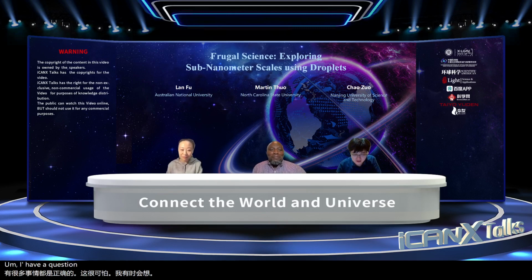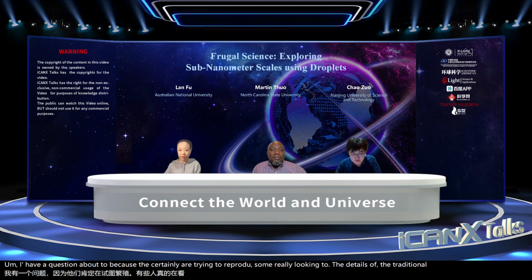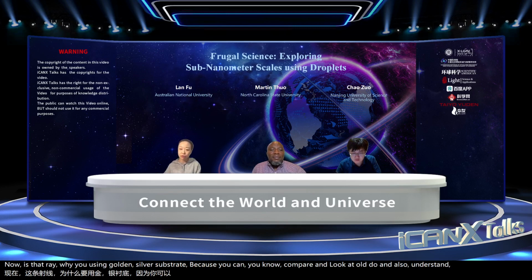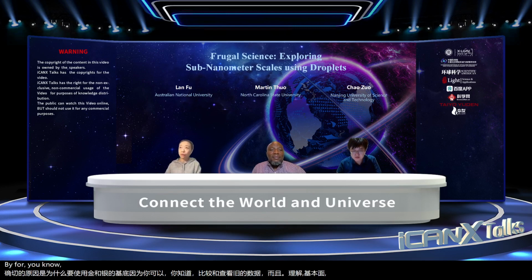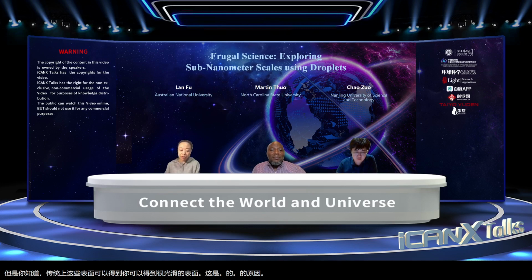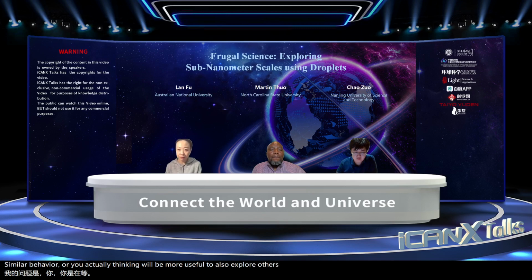I have a question about, because certainly you're trying to reproduce and really look into the details of the traditional old measurement. Yeah. And is that the reason why you're using gold and silver substrates? Because you can compare and look at old data and also understand fundamentals. But also maybe traditionally those are the surfaces that you can get quite smooth. Maybe that's the reason. My question is, are you expecting similar behavior, or do you think it will be more useful to also explore other surfaces like semiconductors, or 2D materials that can be very thin and